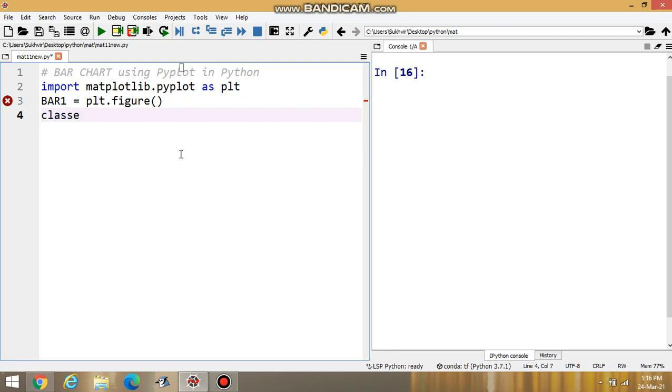Suppose I have to draw a bar chart between classes, for example BA, BCA, BCom, or any class like 10th class, plus 2, and I have to design the strength with the help of a bar chart. Then what to do?